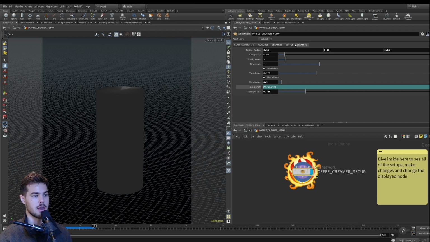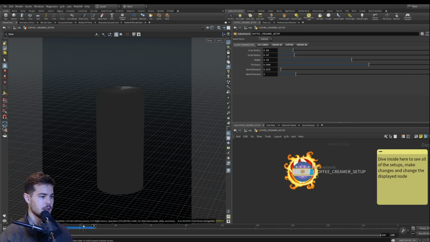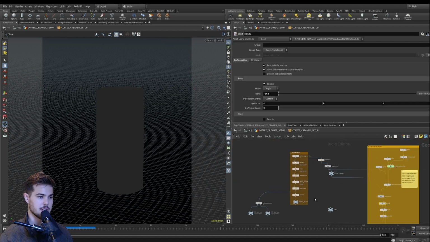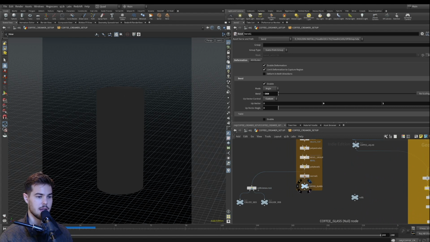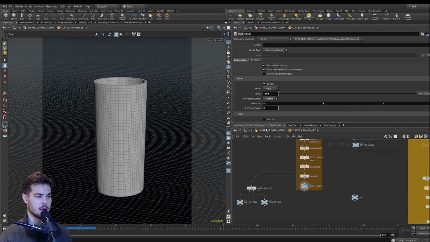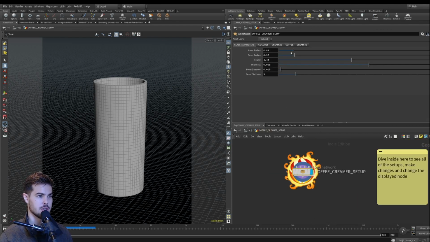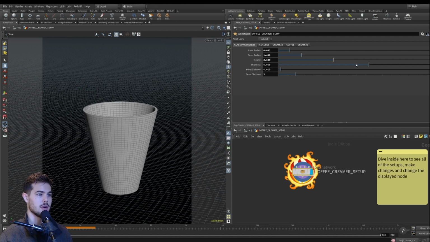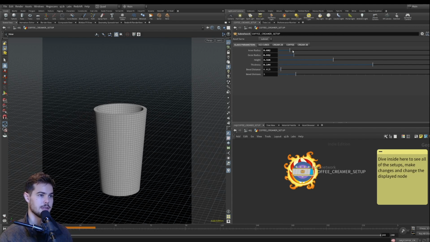And here are all the parameters that you would probably change. You go in here and you can just change the node that you'll be previewing. So if I want to go in here and change the glass parameters, I can do whatever I want with the glass, and everything else will update as well. So we have that, and then